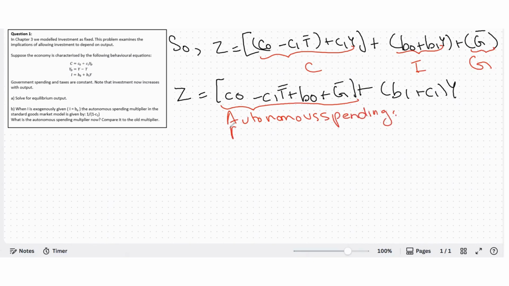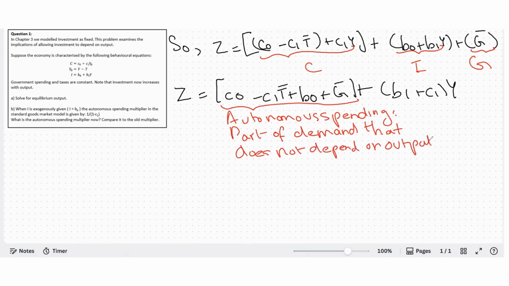Now this term, where it does not depend upon Y, is known as autonomous spending. This is the part of demand that does not depend on output or income Y. So now that we have our demand function, equilibrium Y is now given by,